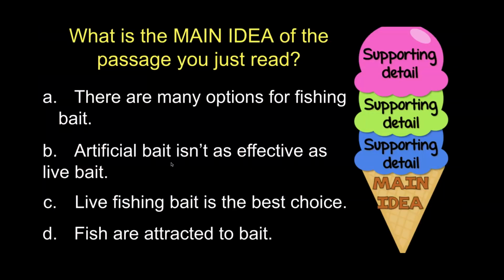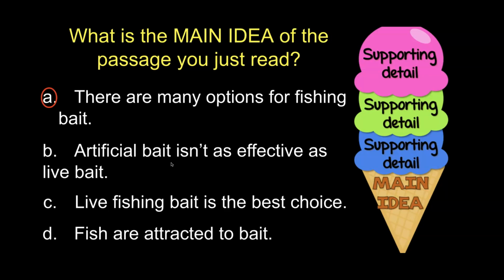So, a couple of possibilities for the main idea. There are many options for fishing bait. Artificial bait isn't as effective as live bait. Live fishing bait is the best choice, or fish are attracted to bait. Think about the 2 answers that are just crazy because they weren't even talked about in the passage. So if you're going to pick the best main idea, you would go with A, that there are many options